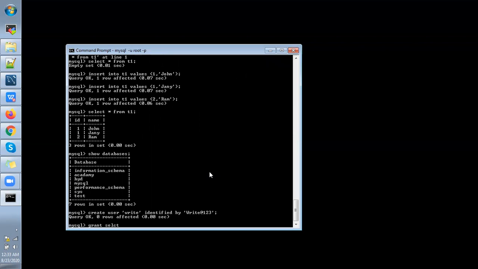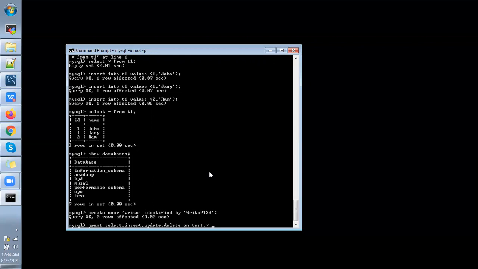So select privilege, insert. What are the DML commands? Insert, update, delete. That's it, right? Okay. Then on the test schema alone I'm going to give, and all tables in the test schema. I'm going to provide access for all the tables.